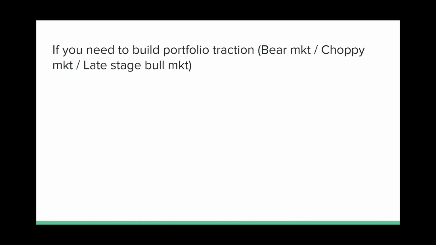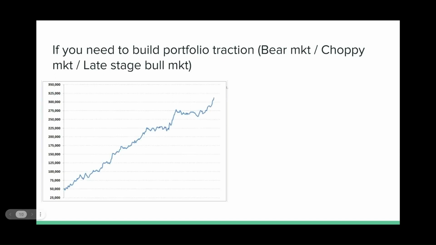Okay, the second exception is if you need to build portfolio traction, then you're going to swing trade and not position trade no matter what. Now, what do I mean by portfolio traction? It means if my account has been going down, so say this is the usual equity curve, and this is what all of your equity curves should look like if you are a consistently profitable trader. As soon as you start to get drawdowns,